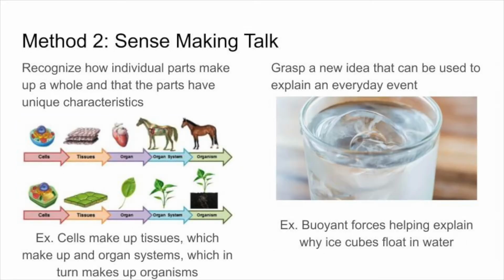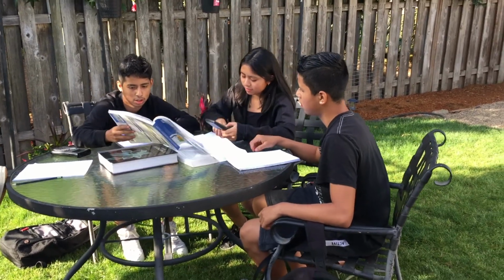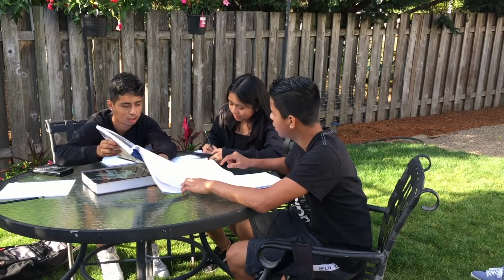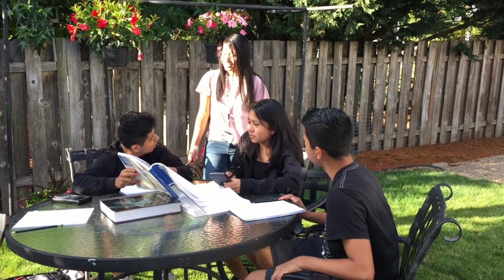5. Recognize how individual parts make up a whole and that these parts have unique characteristics. 6. Grasp a new idea that can be used to explain an everyday event. And 7. Learn why a set of events or conditions causes something to happen. This method finishes by expressing the importance of small group discussion and supporting each student's individual insights and breakthroughs as